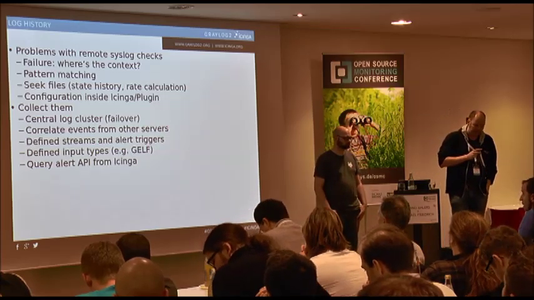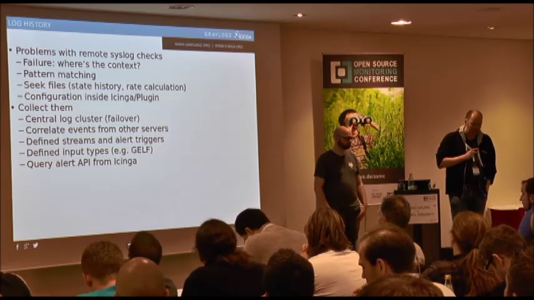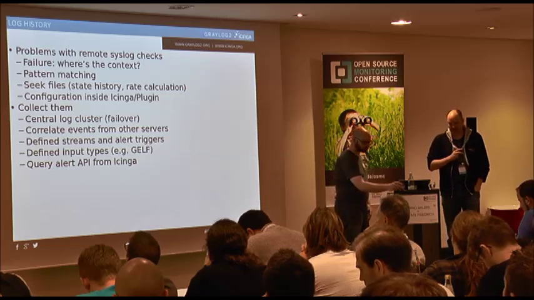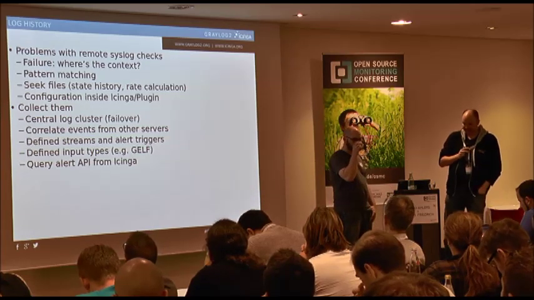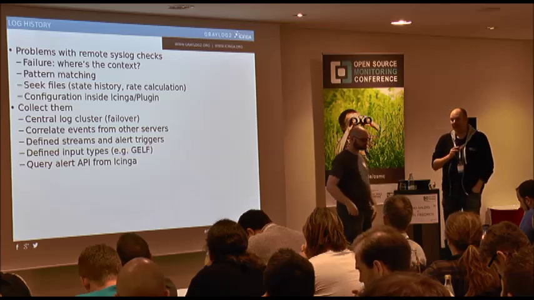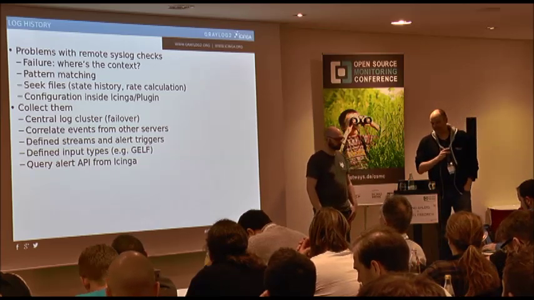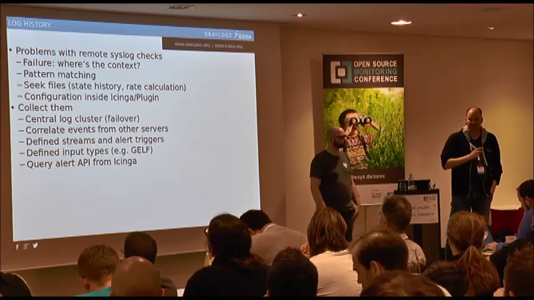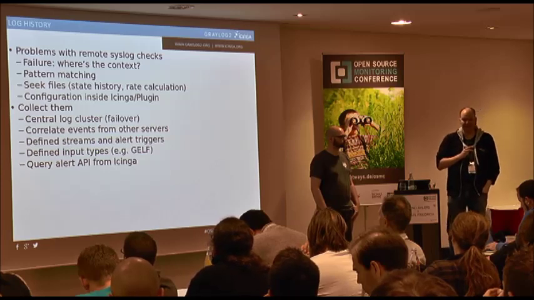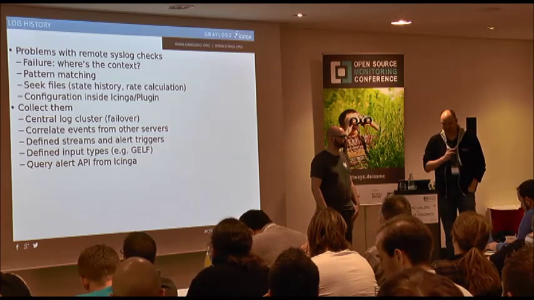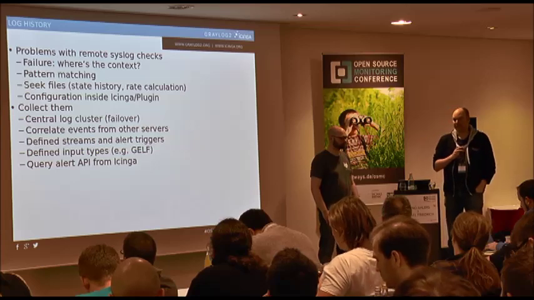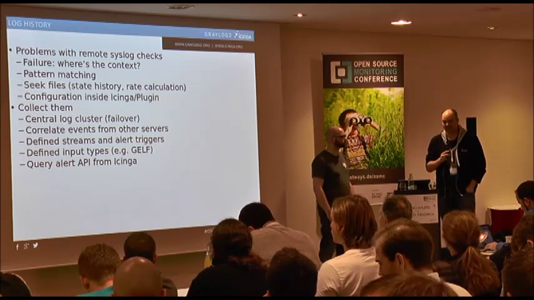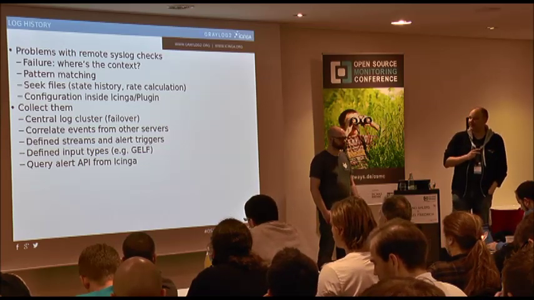One of the advantages of central log management is that you can collect everything in one place. Sometimes when you're checking the remote syslog or calling a check plugin via SSH, you have a problem if the server goes down. You might see an alert in Icinga or Icinga 2 saying something died, but you don't have context about the historical happenings, except by fetching that somewhere else and copying it locally.